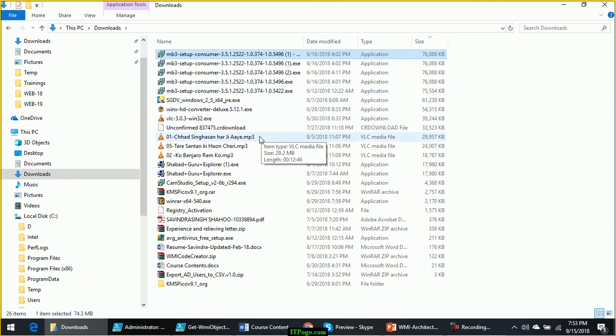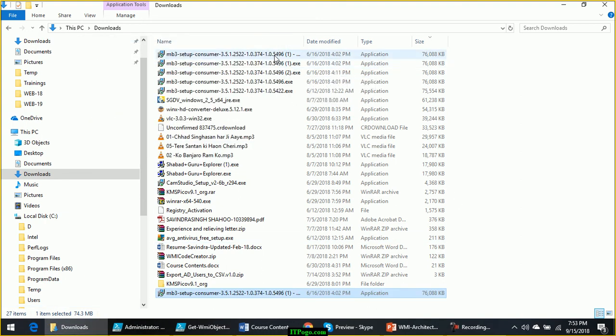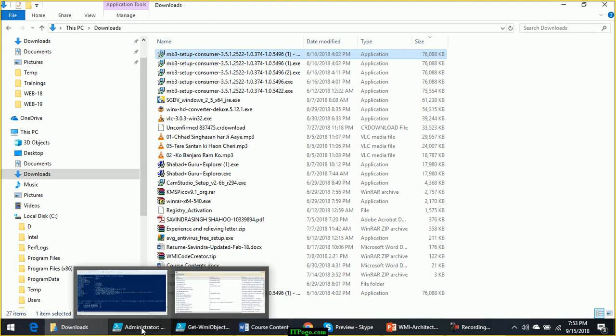Copy. This is 74 MB. If I paste it back, there will be one more file created of the same size. That means the free space should be reduced by 74 MB or whatever is the equivalent amount of bytes.